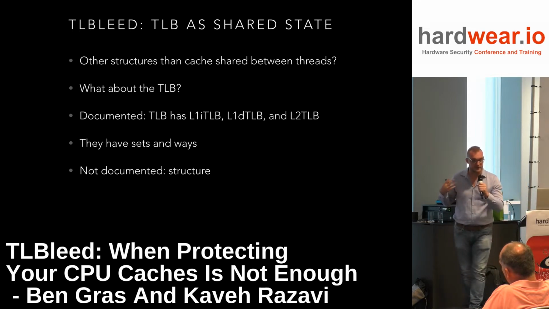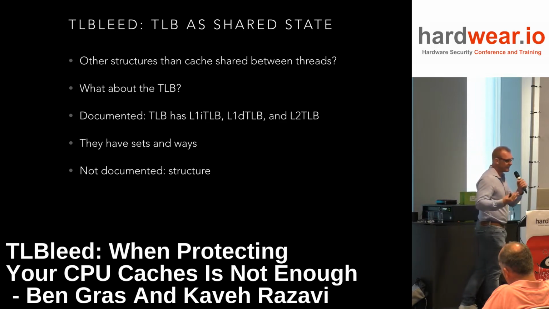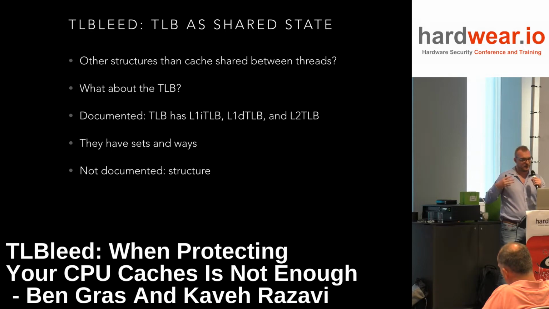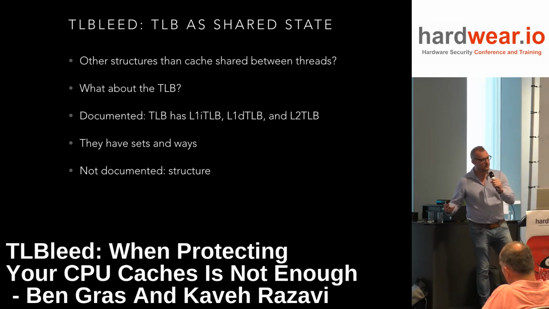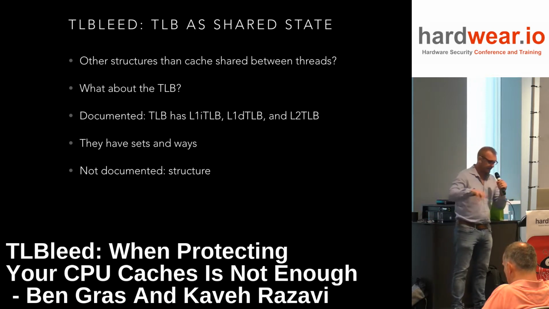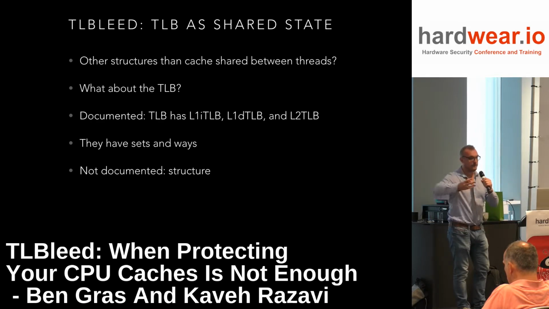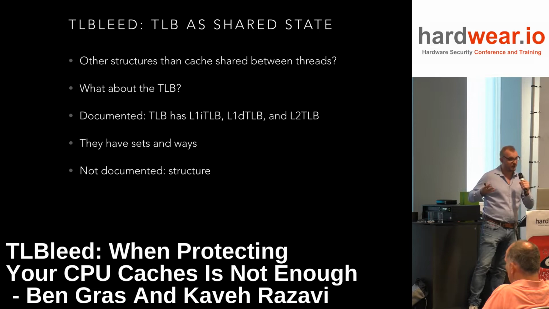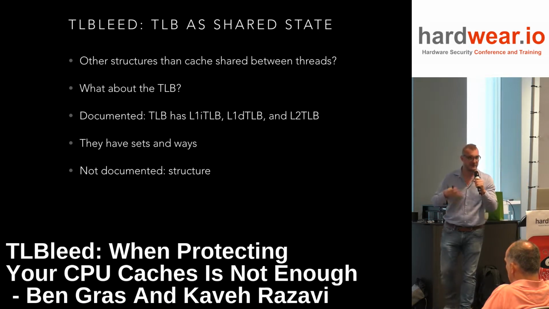What we know is that the TLB has two levels, level 1 and level 2, and that's in the documentation. Just like the caches have levels, the TLB has a faster level 1, split into instruction and data translations of course, and level 2, which is much larger and a little bit slower and shares instructions and data. And in exactly the same way as caches are partitioned into sets which have a set size called the number of ways, we expect the TLB is partitioned in a very similar way. But we have no idea what the structure is because it's not documented.